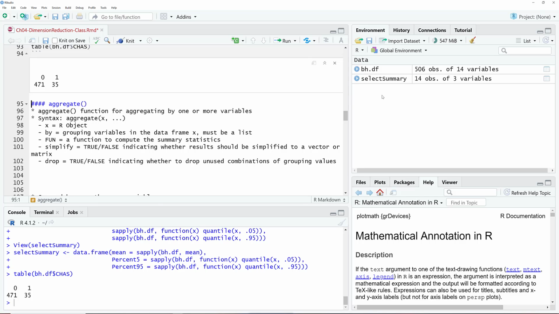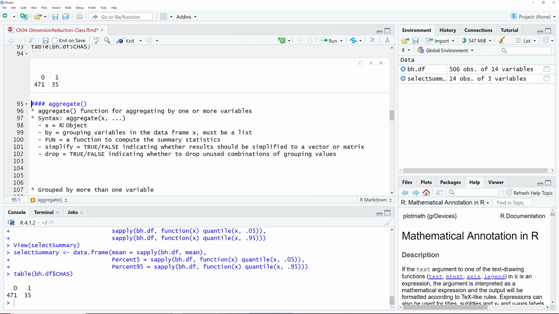The first one is the R object, and it can be a data frame, and then you specify by. The by is a list, so you can have several variables in there, and categorical variables,